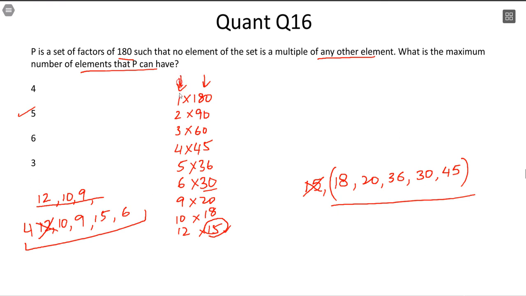In the left column, it is usually more difficult to identify. In fact, even while using this column, I had to go and borrow a number from the other column. It is always beneficial if you try to make the listing from this side and then see which number is giving you the most trouble, in terms of other things becoming multiples of that. It would be easier for you to form the set that you are finally dealing with. Answer option B, 5.